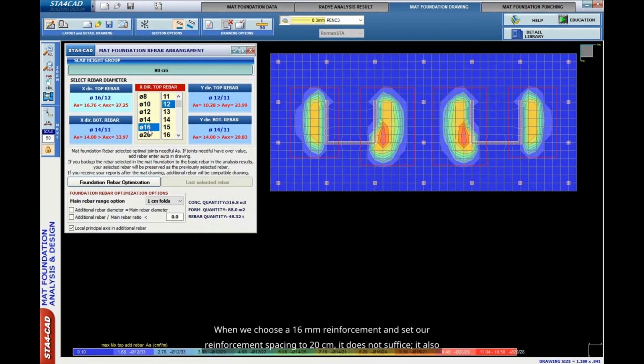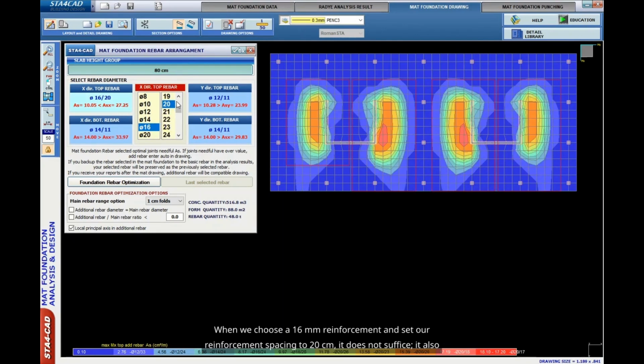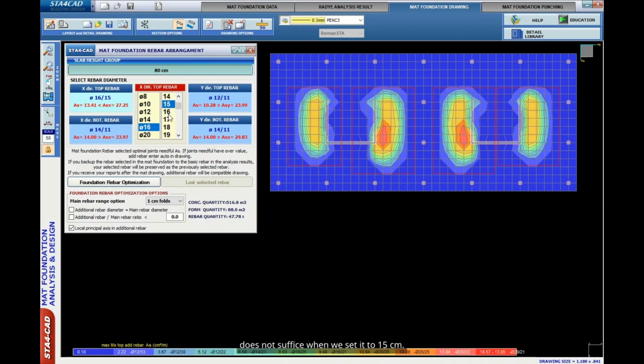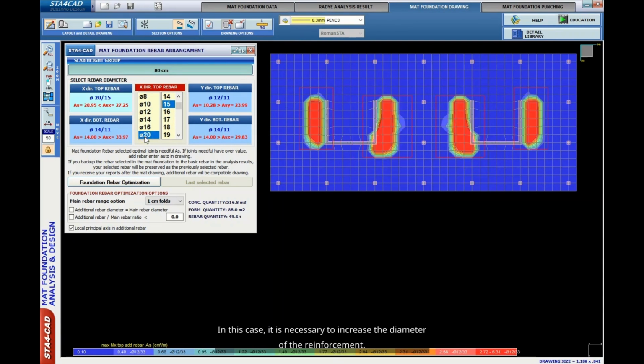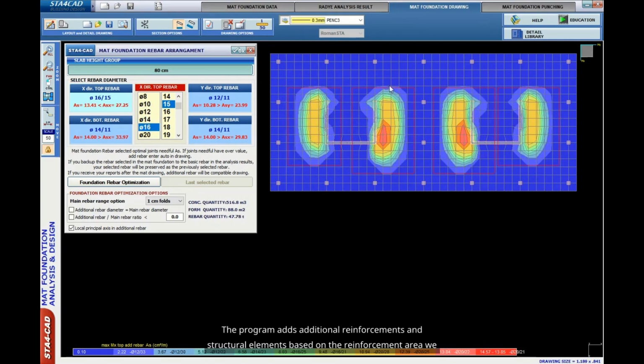When we choose a 16 millimeters reinforcement and set our reinforcement spacing to 20 centimeters, it does not suffice. It also does not suffice when we set it to 15 centimeters. In this case, it is necessary to increase the diameter of the reinforcement. The area shown here is the required amount of reinforcement by the program. The area shown here is the reinforcement area we have selected. The program adds additional reinforcements based on the reinforcement area we selected, allowing it to